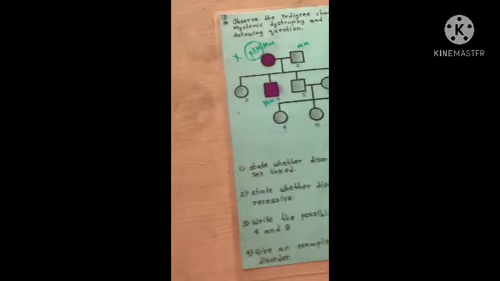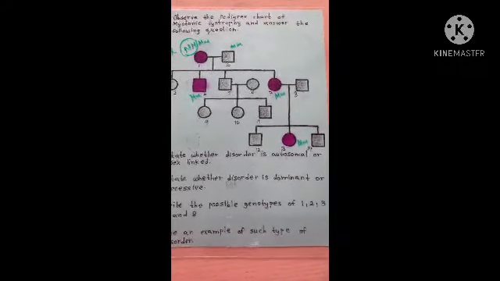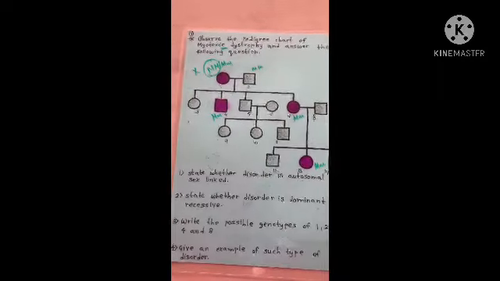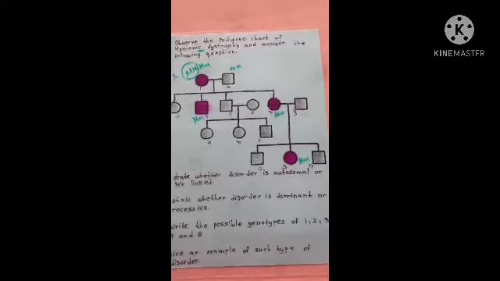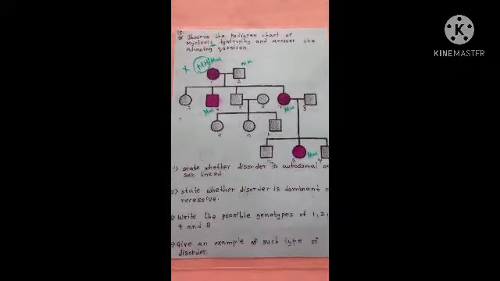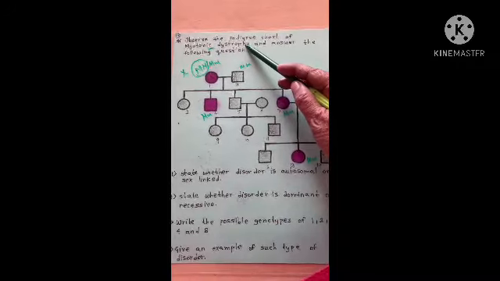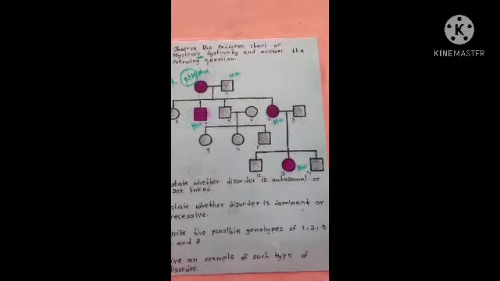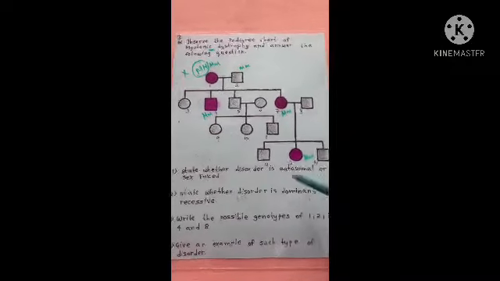Same way, if we see another chart, this is a chart that says observe the pedigree chart of myotonic dystrophy and answer the following questions. You got the biggest clue over here, कि they have written over here that it is myotonic dystrophy. Myotonic dystrophy is a Mendelian disorder. It is a point mutation. दो चीज़ आपको पता है, आपको एक disorder का नाम दिया है, but related information you already have. You know that this is a point mutation का example है और Mendelian disorder का example है, and it is autosomal and dominant. This much knowledge you have, okay, this much is the prerequisite, you need to know these things. So based on that you will be able to answer this one.